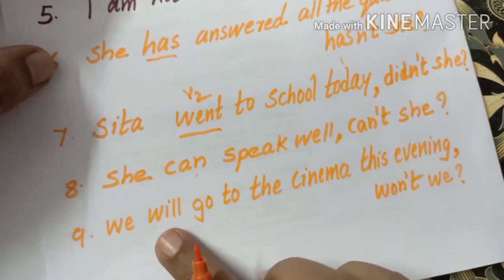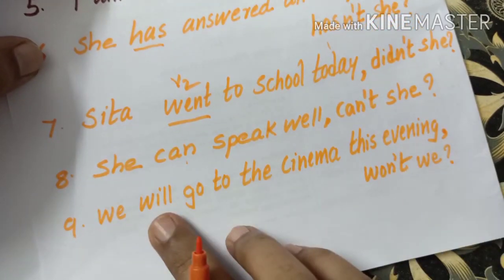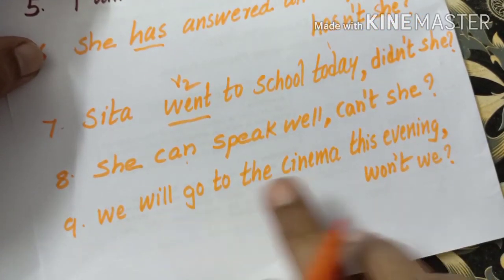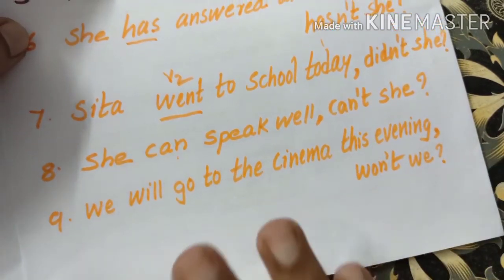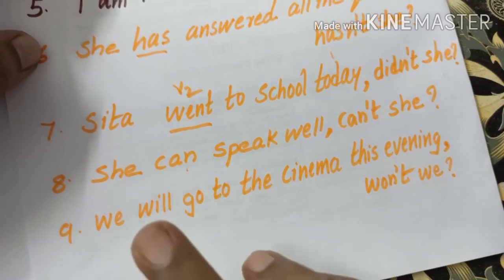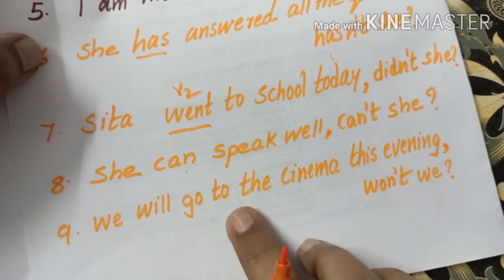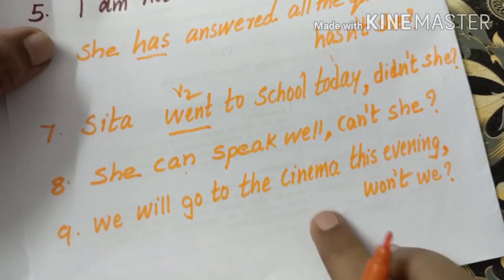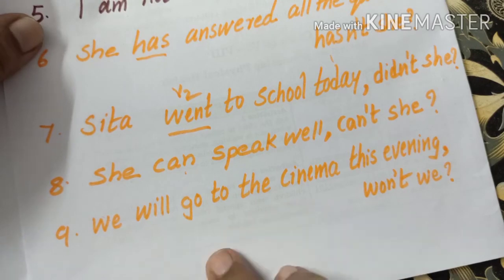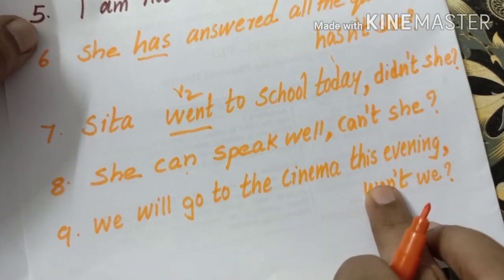So, if the auxiliary verb is given, it is quite simple. If positive is given, write negative. Negative means positive, right? And add the appropriate pronoun. That's all. And in case the auxiliary verb is not given, you see whether it is V1 or V2. V1 means write do or does and V2 means write did. Okay. Positive means did, negative means didn't.